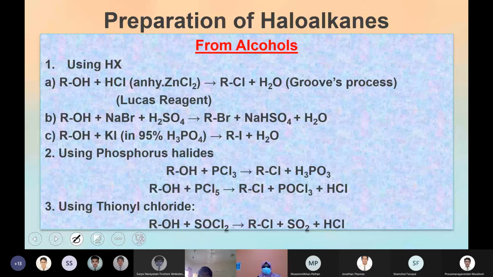So all these three are substitution reactions? All of them are substitution reactions, and all of them are converting alcohol to haloalkanes. The reactant is the same, the type of the product is the same, that is alcohol to haloalkane. Only the reagent used is different. Based on that, the byproduct will be different. But in organic, we are not giving much importance to byproducts or balancing the equation.